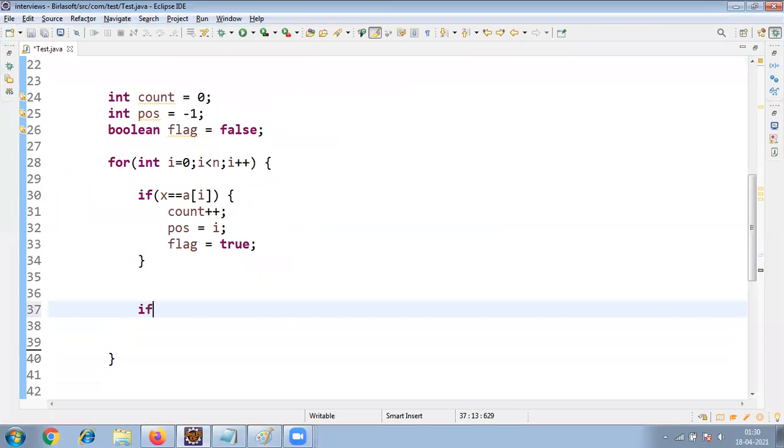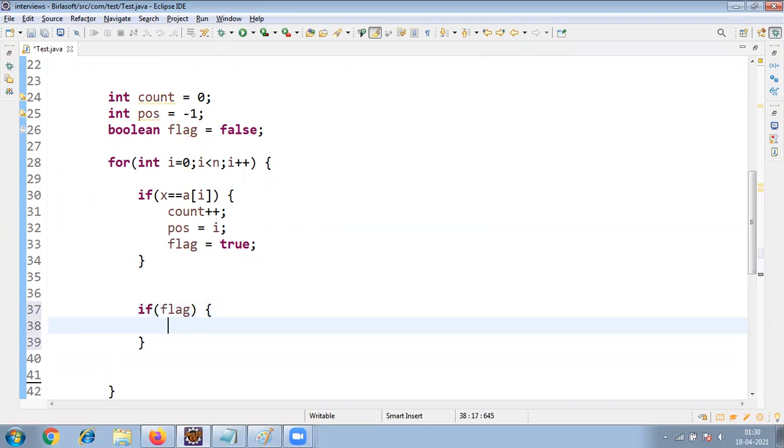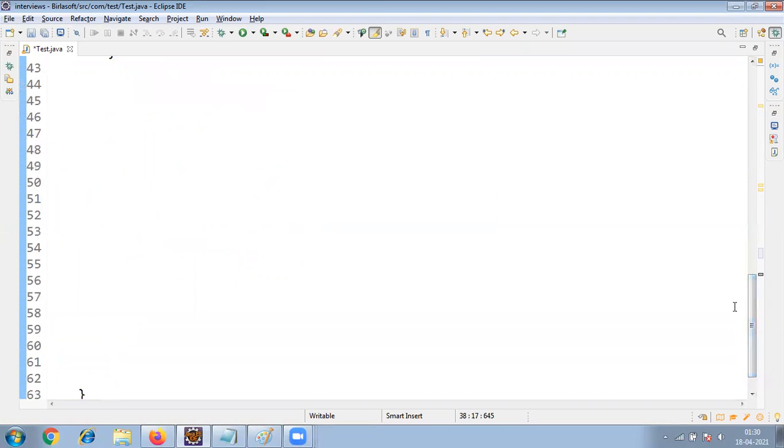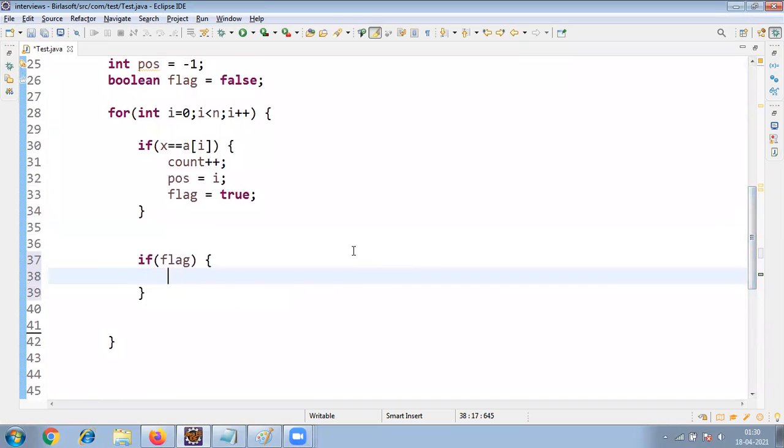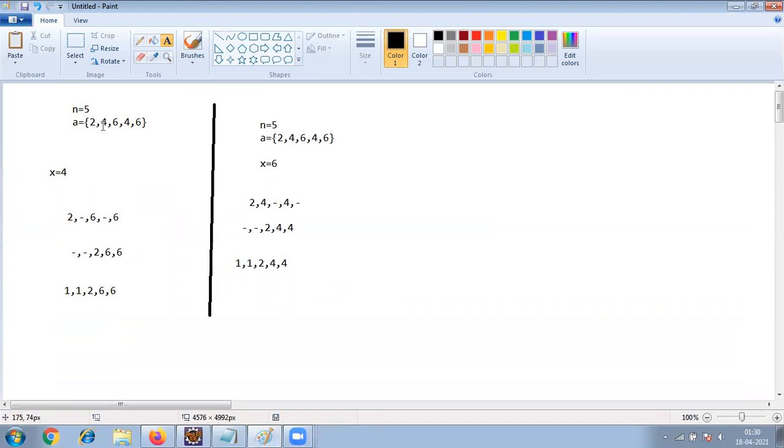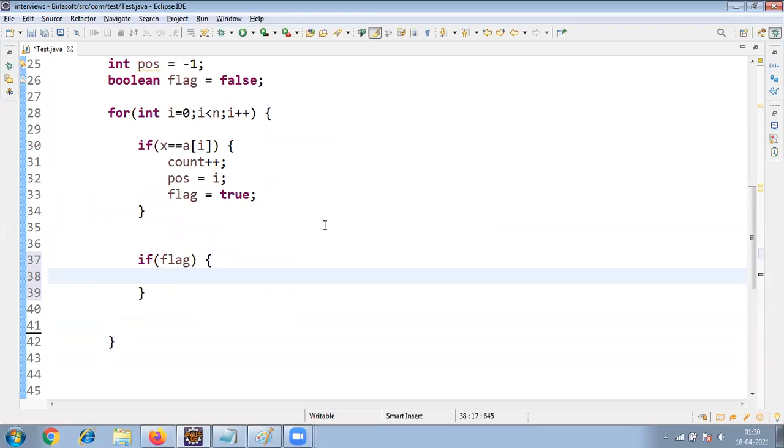So that's why I am writing one logic here. See carefully, friends. If flag equal to true, what is the meaning of flag equal to true? Element is available. So in which location available? From there onwards, I am shifting to the right position only. So if the flag is true, element is available, then I'm going to take one for loop here. Inside the for loop, I'm going to take integer j equal to position. Why I'm taking position? Where the value is available, from there onwards, I'm trying to shift that to the right position here. So integer j equal to position and j greater than or equal to,